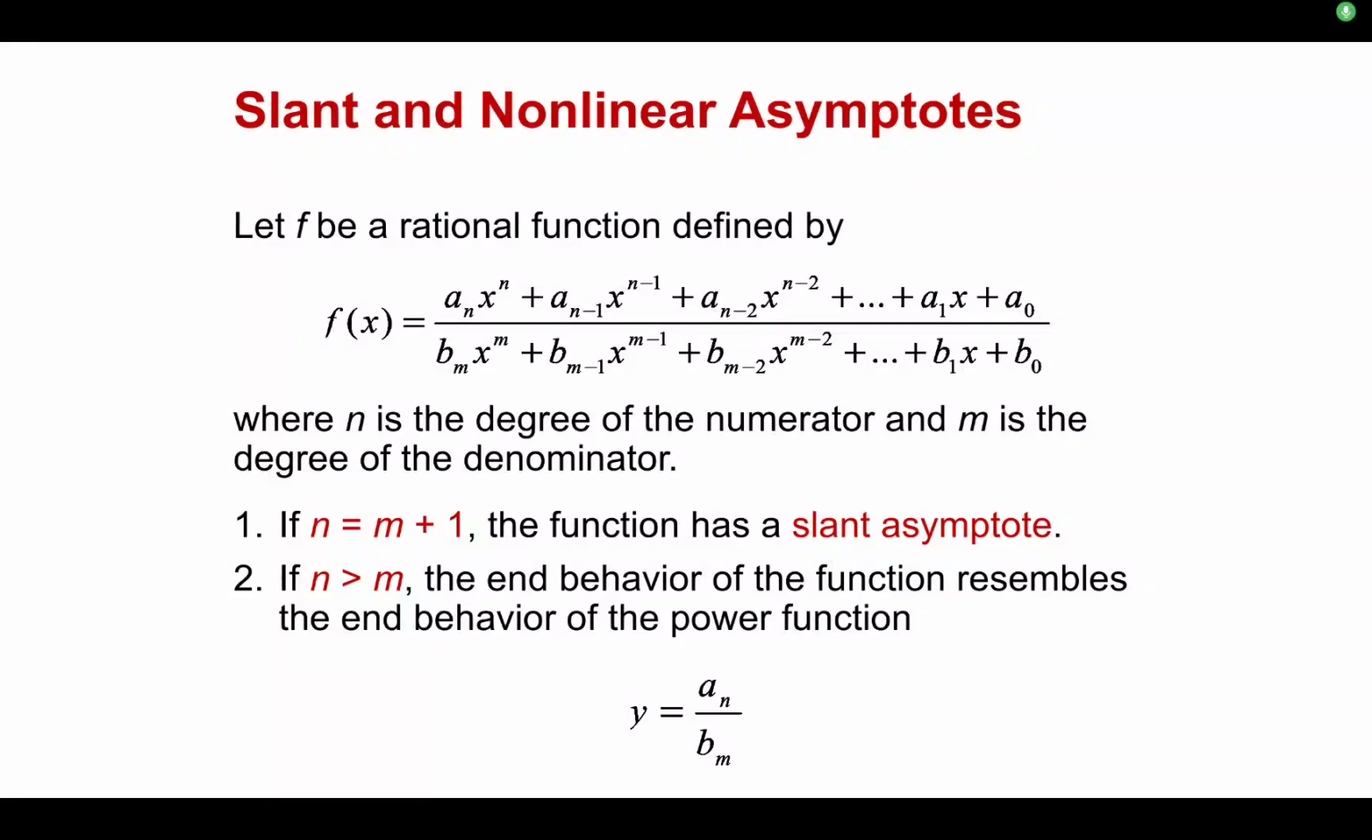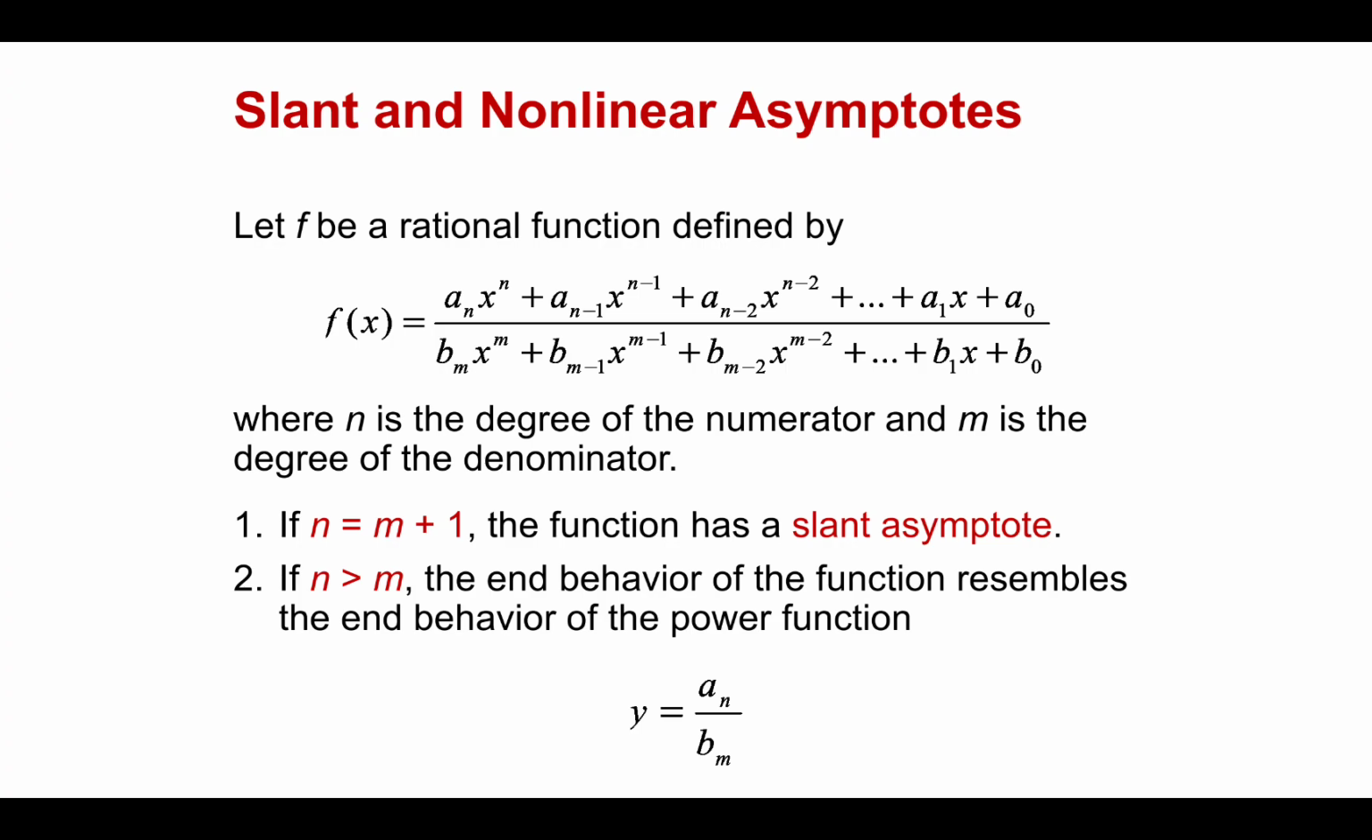Okay, class, we're going to talk about slant or nonlinear asymptotes. So we've talked about vertical asymptotes, horizontal asymptotes, and we're going to talk a little bit about slant asymptotes. They're also called oblique sometimes. So f is a rational function, and it's just a generic rational function here